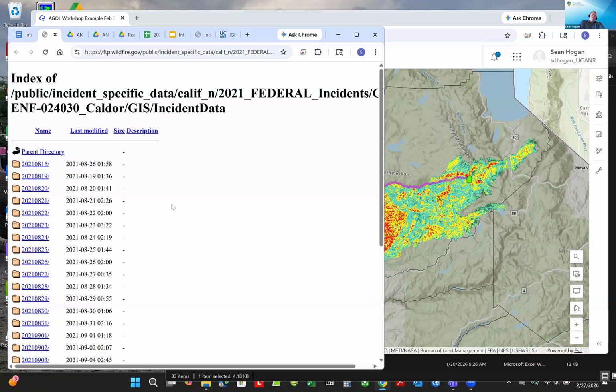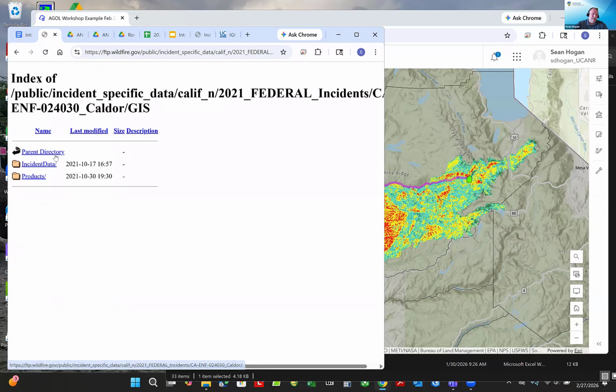I'll get this list of dates. This is the fire data. Now, once you're in there, don't follow where I'm going here for a second. I'm just going to show you what else is in here. If I go up, don't do this. If I go up to the parent directory,